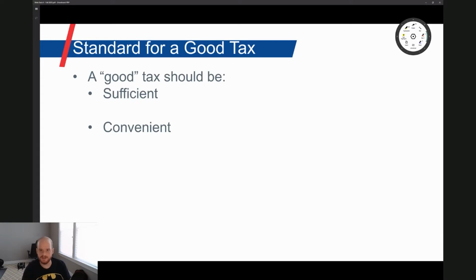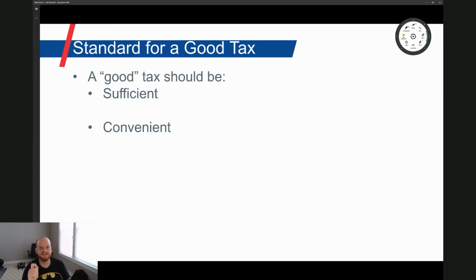We discussed the federal income tax and we said that it was not sufficient, right? There has been a budget deficit for the past many years. We have not been able to raise enough tax revenue federally to fund our expenses. Our state income tax in the state of Kansas is sufficient, right? We're raising enough income taxes, enough sales taxes, use taxes, enough excise taxes at the state level to meet state expenditures. We talked about convenience as being another factor that is important in crafting a good tax,